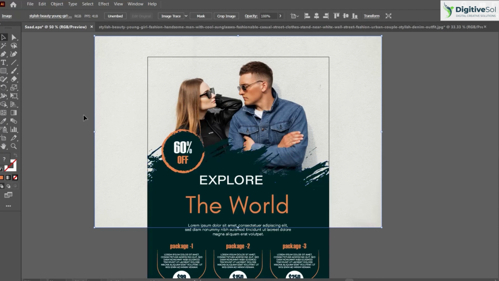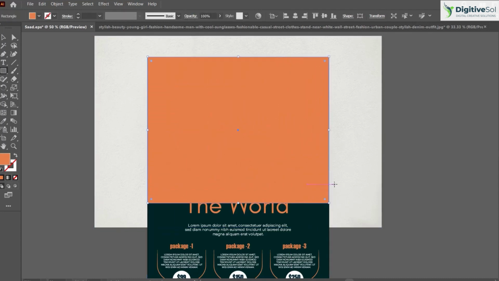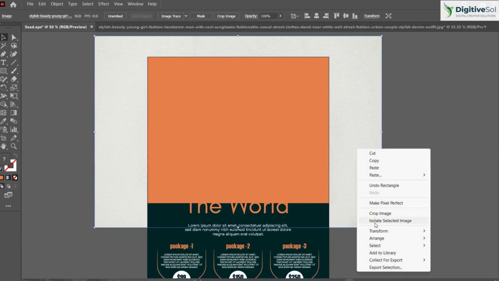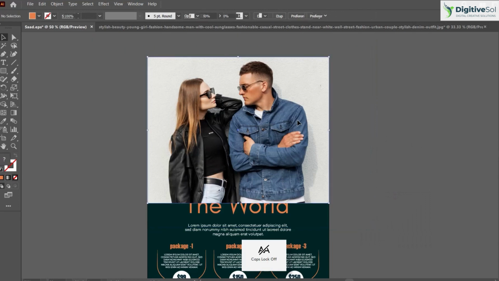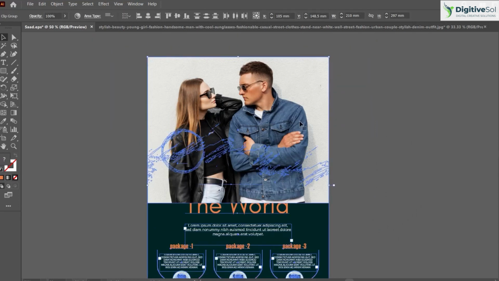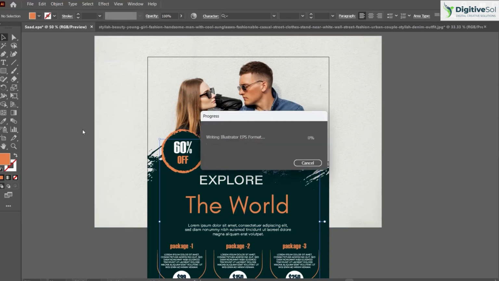But in some cases we have to use the clipping mask to clip the image. Like for example, we have to select it, okay, and select both and clipping. We have to clip mask in different cases, but we are not going to use it here. Okay, so once I save this file,